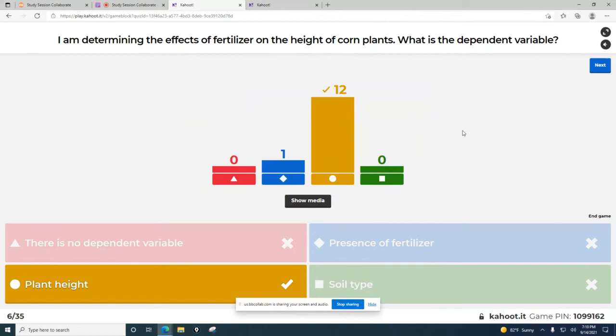And, okay, so this one right here, presence of fertilizer. Remember in the previous question, that was our independent variable. So they're either one or the other, they're usually not both. Is that clear, the difference between independent and dependent variables? Because that is not only important for lecture, but it's also really important for lab. You will have a lab midterm and then a lab final, and this will most definitely be on that. Difference is clear? Everybody's doing good? Okay. If not, stop me, be like, Fallon, I do not understand this. Please explain it in a different way or something to that degree.